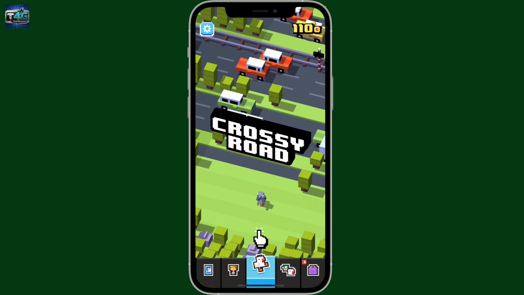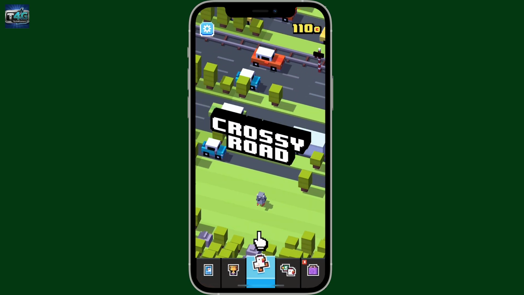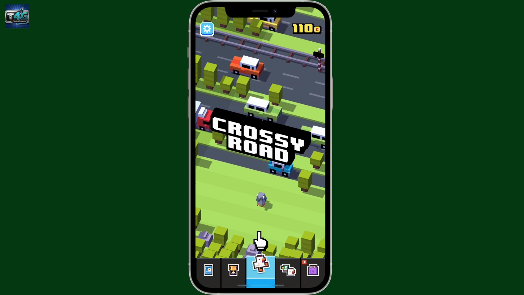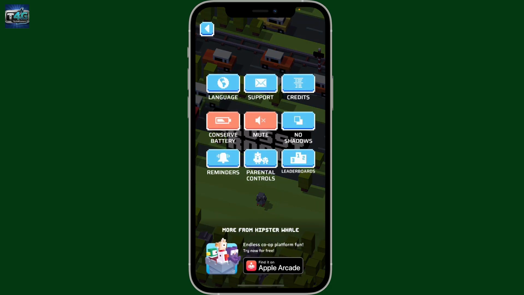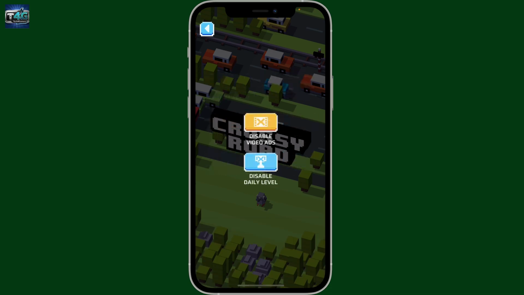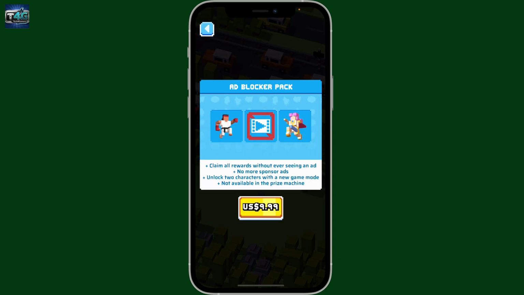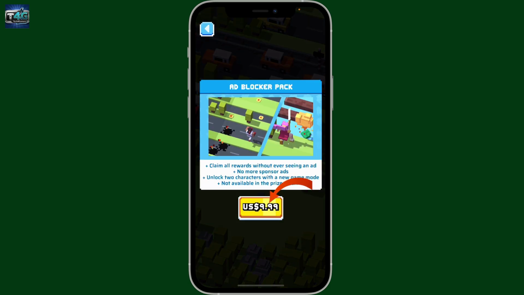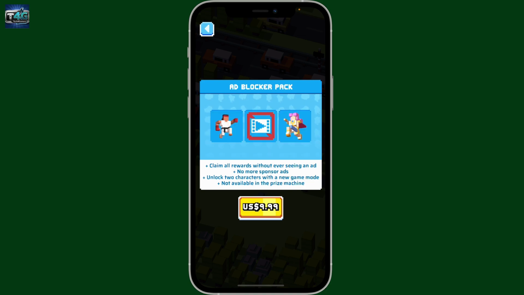First of all, go ahead and open the Crossy Road app on your device, and once you are in the home page, tap on the gear button at the top left corner. This will open up the settings menu where you'll need to go ahead and tap on parental controls. Now you will be able to see disable video ads option. Simply tap on it and then click on the amount displayed at the bottom, which is